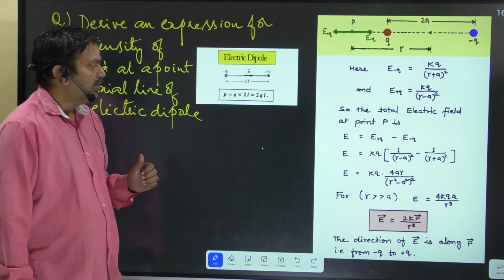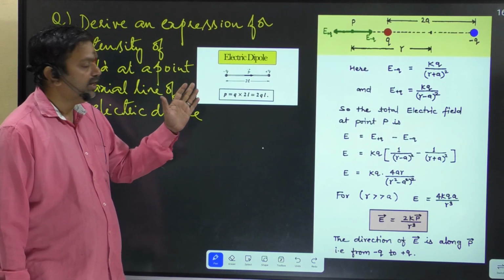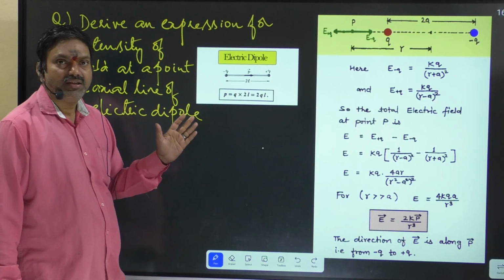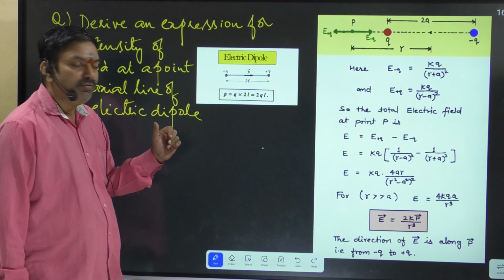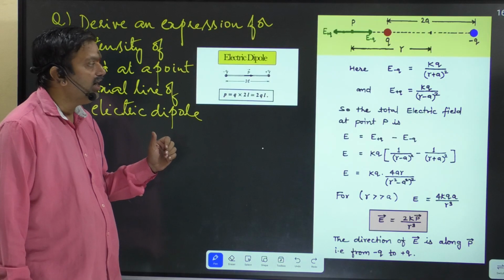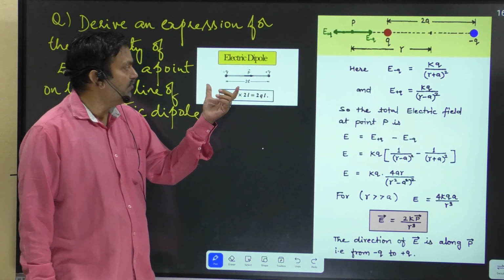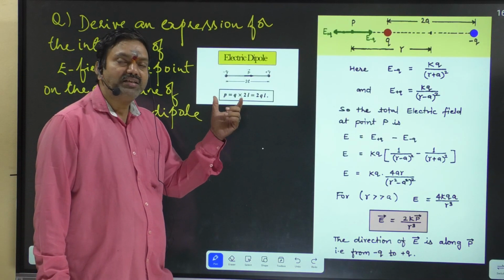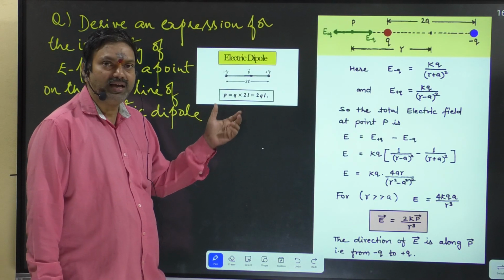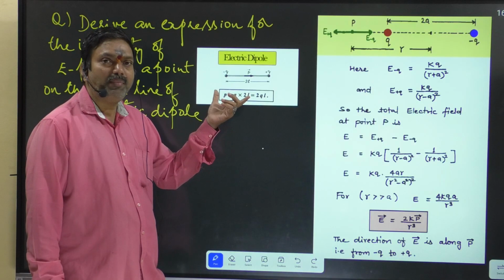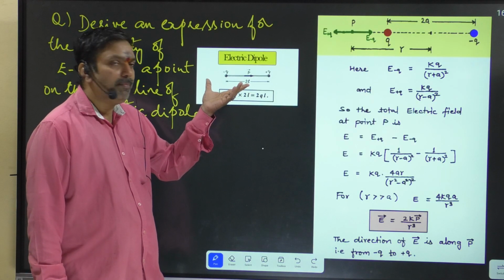Hi students. So let us understand in detail what is an electric dipole and what is the expression for the electric field on the axial line of an electric dipole. If that is the case, first let us understand what is an electric dipole. As the name implies, a dipole is nothing but whenever two charges, one positive polarity